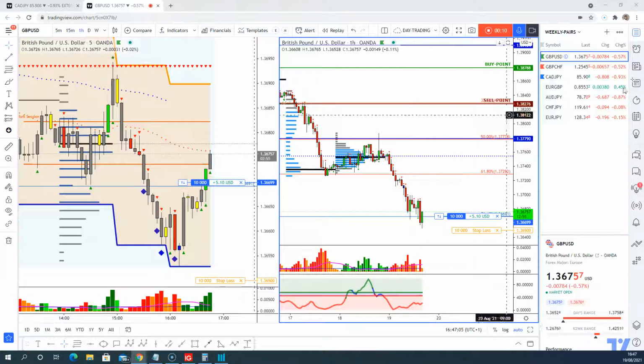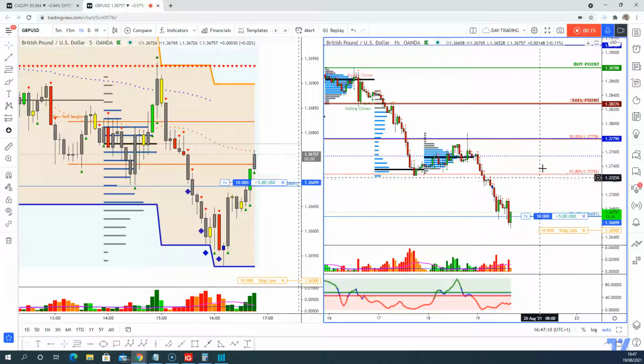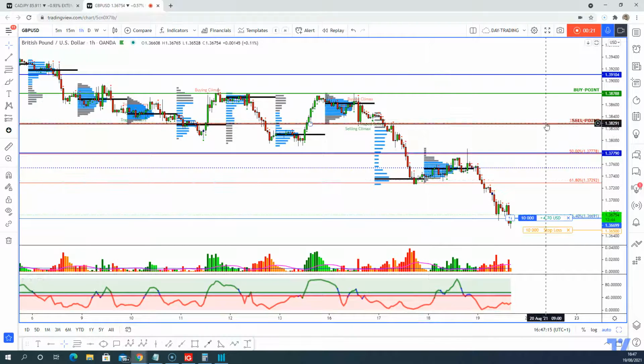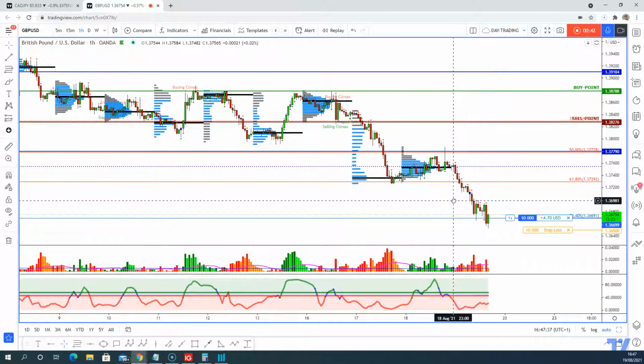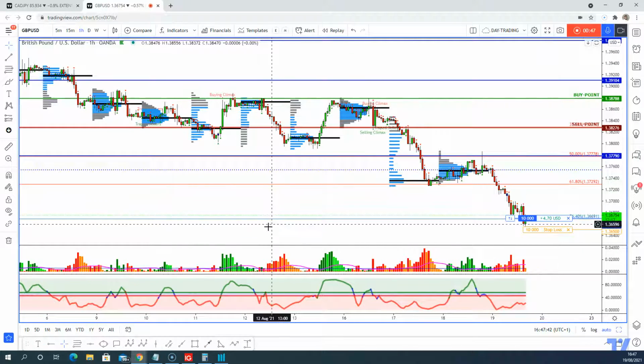Pound US dollar. In our analysis for the week, we had the sell point here. So this is the 1 hour chart and the buy point here. So the buy did not trigger at all, and the sell was triggered here. We couldn't take the first break. We eventually took it yesterday evening once we had the M pattern breakdown. But what we can see now is we're expecting a short covering rally to the upside, and I'm going to